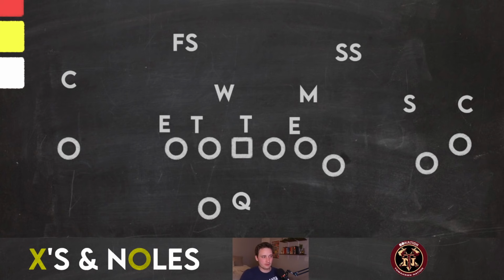Every once in a while, he'll have one of these games, especially against these spread offenses. He seems to be pretty solid in his game plan. So he's really good at shutting down these teams that are looking for space. What Miami does is they try to spread you out and read the field, and he purposefully